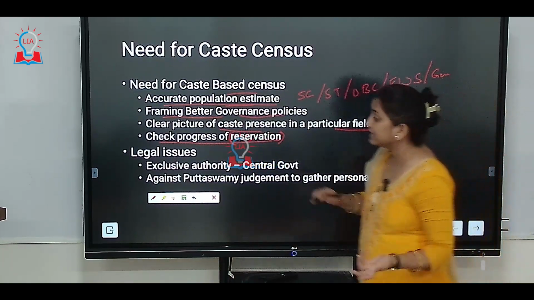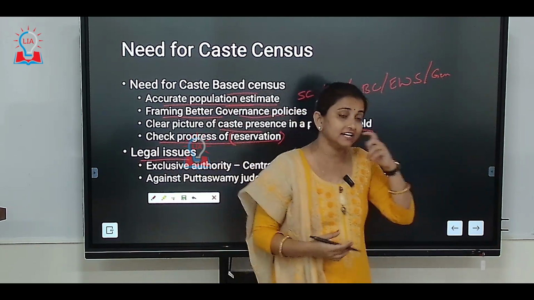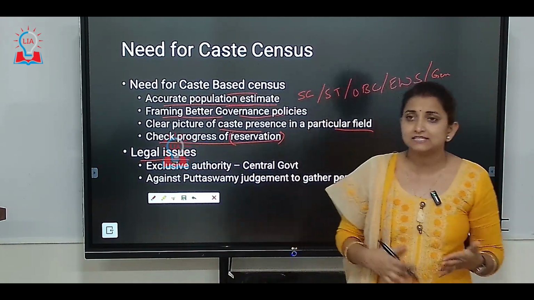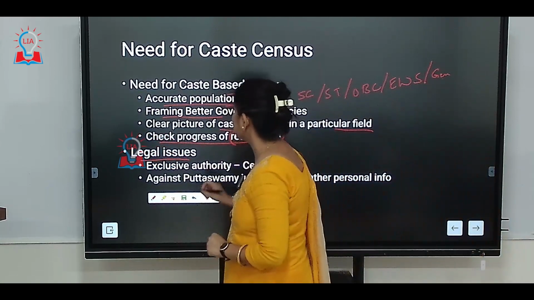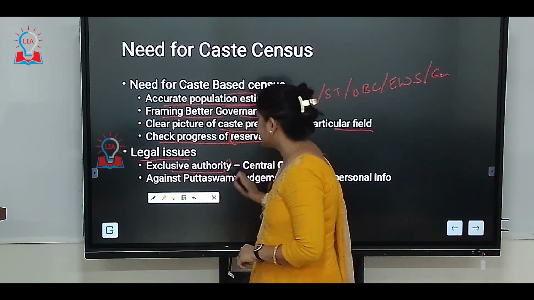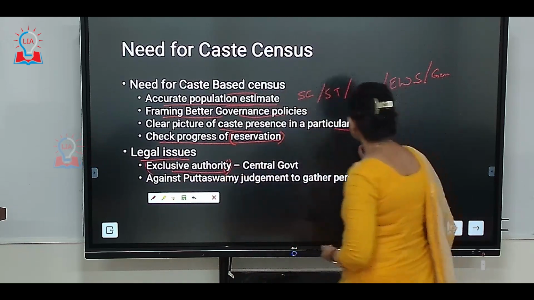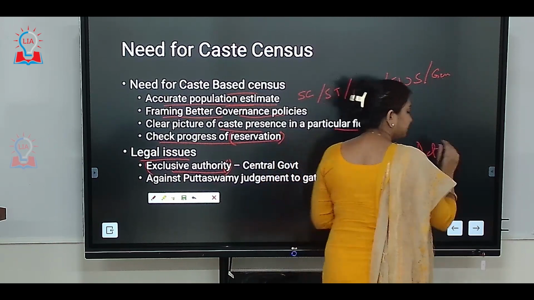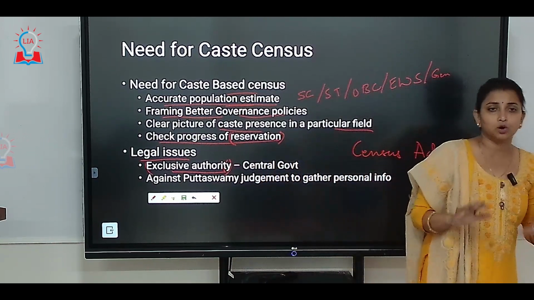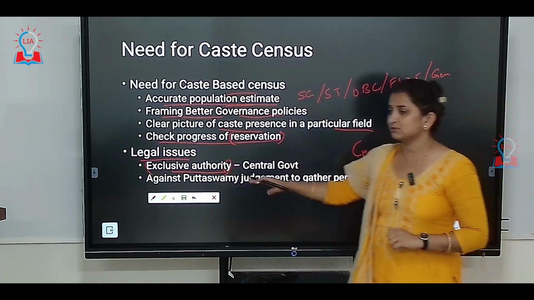Okay. Now the legal issue involved, why did it enter into the Patna High Court and why is it now going to the Supreme Court, is this. The petition which was filed in Patna High Court says that collection of caste data, or rather collection of any kind of census data under the Census Act, is the exclusive power of the central government, and here the state government is conducting it. So this has been challenged.